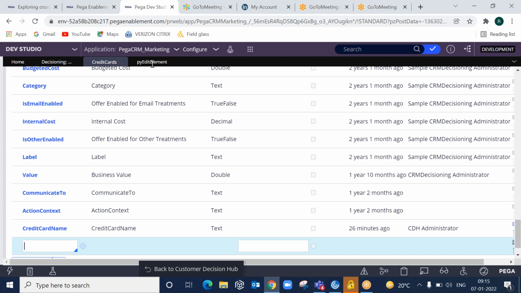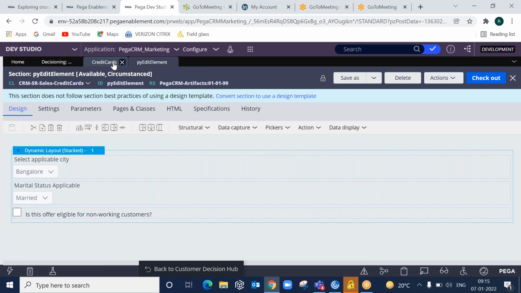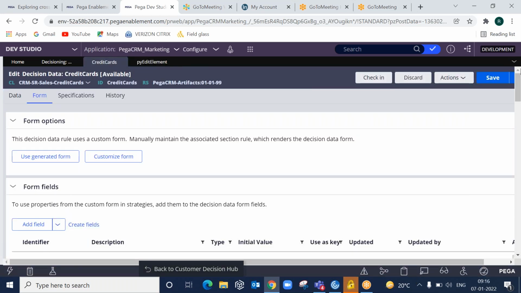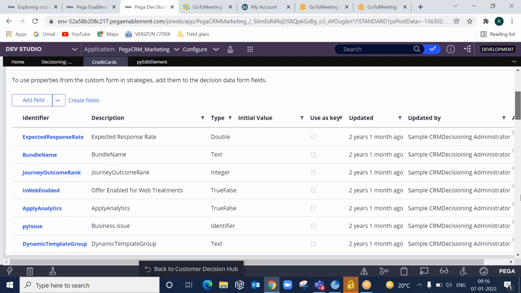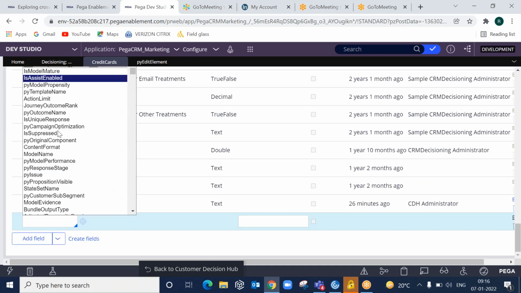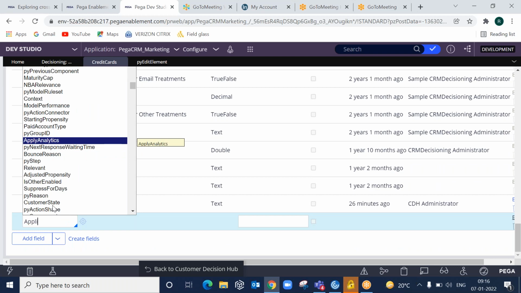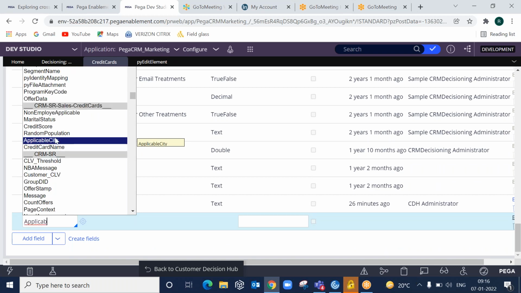So I will select the three properties. The first one is applicable city.